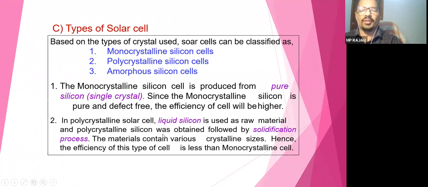And sometimes the pure silicon is in the liquid form. लिक्विड फॉर्म में होती है. इसको solidify करके liquid crystal बनाता है. लेकिन इस क्रिस्टल में प्रॉब्लम क्या है, different crystalline size होती है. तो पॉली क्रिस्टल इसको बोलता है पॉली क्रिस्टलाइन. This is the same type of crystal called single crystal, and this is liquid से बनाता है. तो that is solidification करके होता है. So it is a polycrystal. Different crystalline size होती है, so it is called polycrystalline.